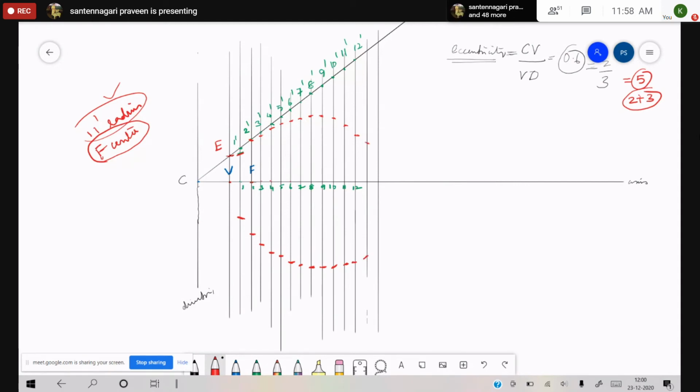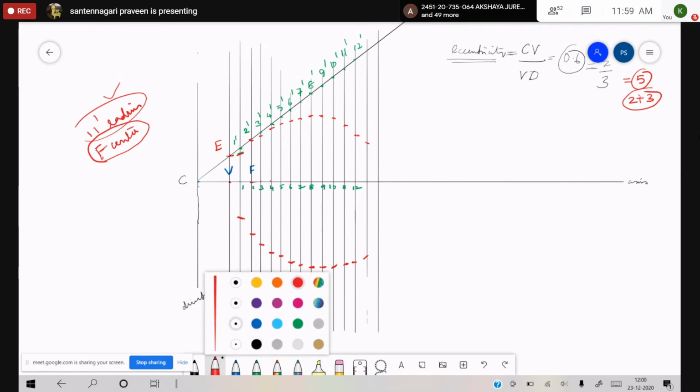13, 13 dash. I still have to draw some lines. You see, it's not necessary that it will cross line 12 or take some distances up to 13 or 15 or so. It may even come up to 10 or 12. So if you draw accurately with the measurements, you will have some idea.